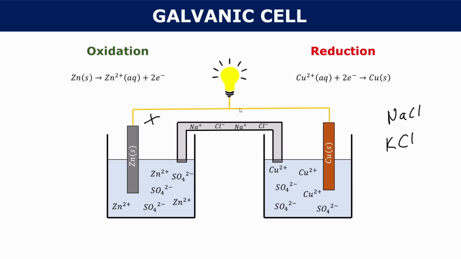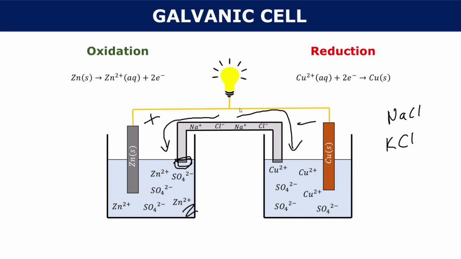What's going to happen over time is that the chloride ions are going to start to migrate to this side and go into the cell here. On the other hand, we have a buildup of negative charges on the reduction half cell. So sodium ions are going to start migrating to this side of the U-tube. At the end of these U-tube, we usually have a cotton plug here. And that cotton plug makes sure that the entire solution just doesn't pour out into the half cells, so that we have a facilitated transfer of ions, so that we can have a balance of charge in the oxidation and